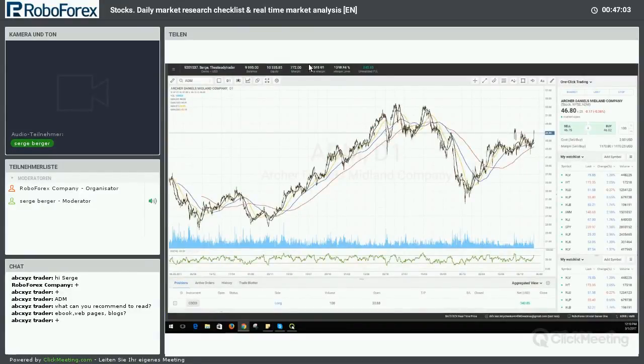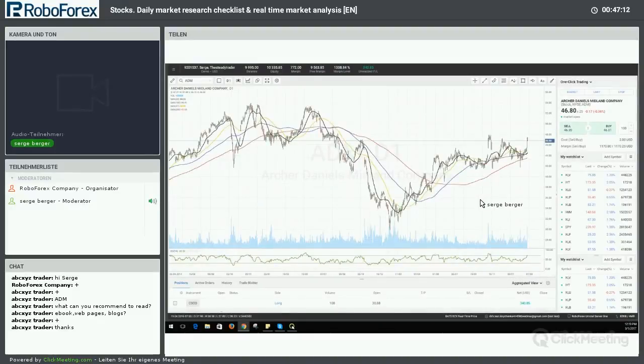In terms of the platform, I do honestly think this platform here, Roboforex one, is very, very good. It's very robust. It's very straightforward. There's still a lot of websites out there, a lot of brokers that are not easy to use. This is a very easy and straightforward to use platform. So I would certainly recommend that you give this a bit of a try. Okay.